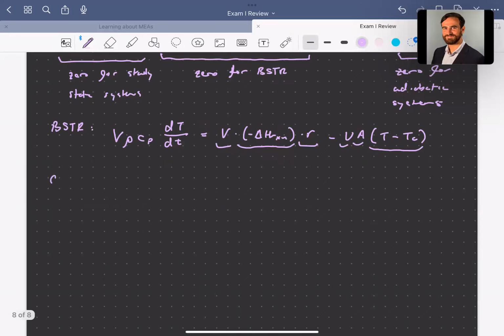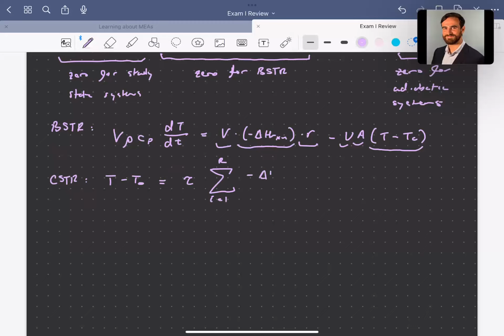Okay, for a CSTR, again, we're going to have an algebraic equation, and we're going to have no time derivatives since it operates in steady state. So this is going to be T minus T naught, so the temperature in the reactor minus that of the inlet fluid, is going to be equal to tau, the residence time, times, here we'll write this in the general case for multiple reactions. So if we have, say, R reactions,